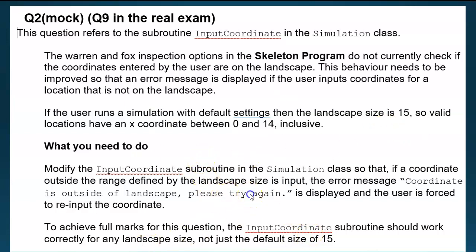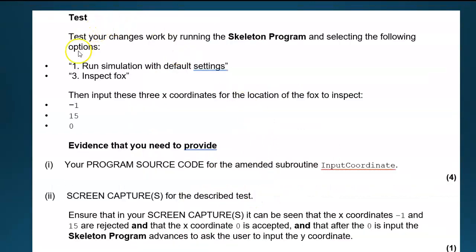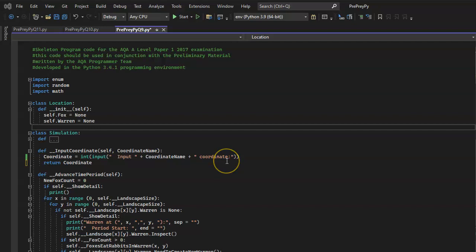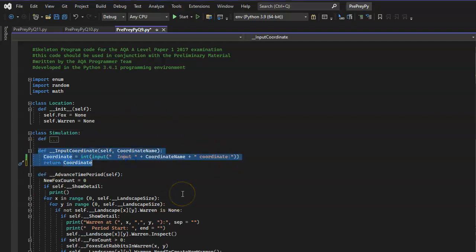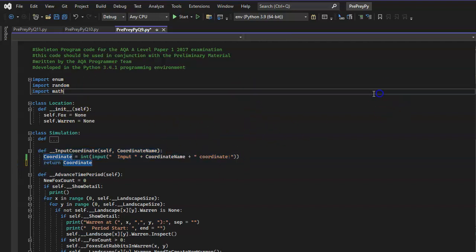You can read exactly the spec, and the test was basically trying to put in an incorrect one and then a correct one, and then also the incorrect one the other way, and then another incorrect one. So that was the test for it. So without further ado, let's have a look at the code. Okay, so I've navigated to the input coordinate subroutine within simulation, and